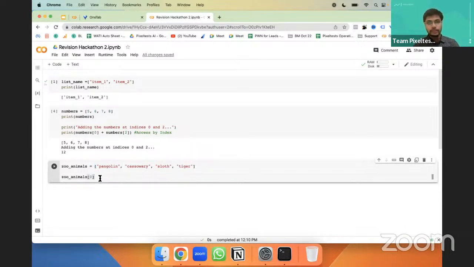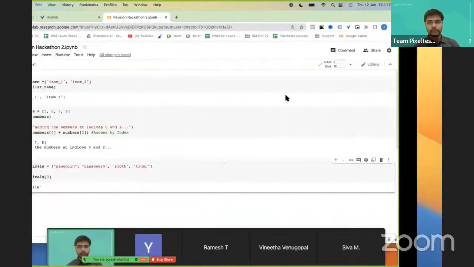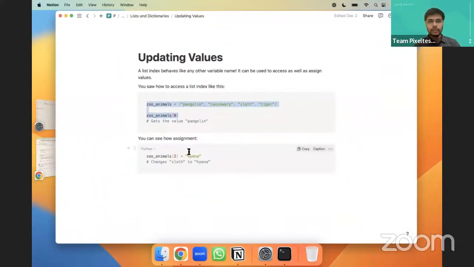Okay, so now when you say zoo animals 0, the first one is accessed out of there, right? So now this pangolin got identified, right? Okay, so now if you want to update or add more to that particular list, you can do it this way, right?